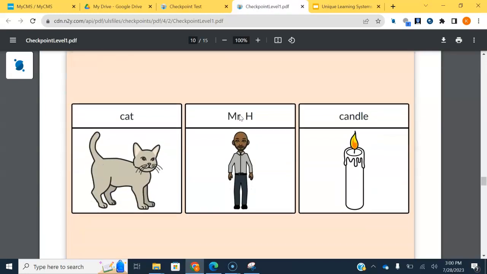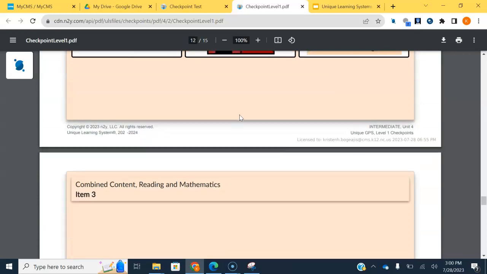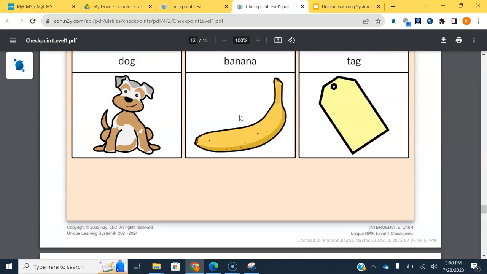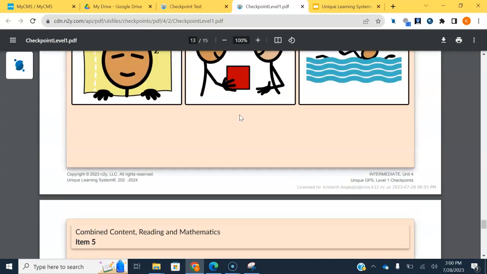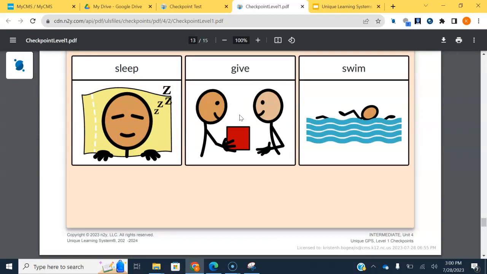You could literally print this out and cut it out if it's a student who requires them just to be printed out. You might even just print out the pages if the student needs it close to them and they can choose from a field of 3. Let's say they do eye gaze and they don't want the backlit light from the iPad. There's a million things. I could list a million ways that you could adapt this,